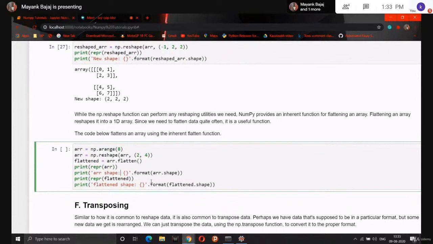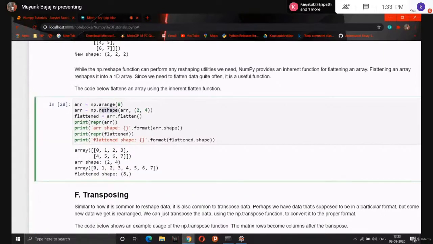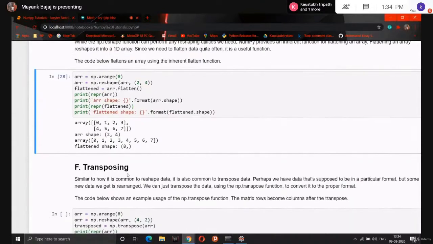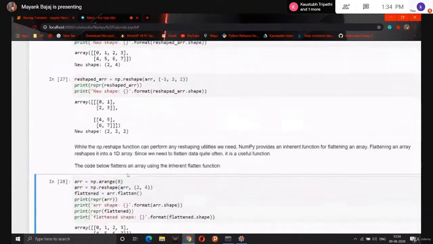You can see here we reshaped our array, so first we get 2, 4 as our output, which is the shape of the array as we passed 2, 4. Now after applying flatten, we are printing our flattened array. The flattened array is here, that is 0 to 7. You can see it is flattened again to a single dimension. When we print the shape, it will print 8, because there are no rows, only one column. I hope you are clear with this reshaping part.